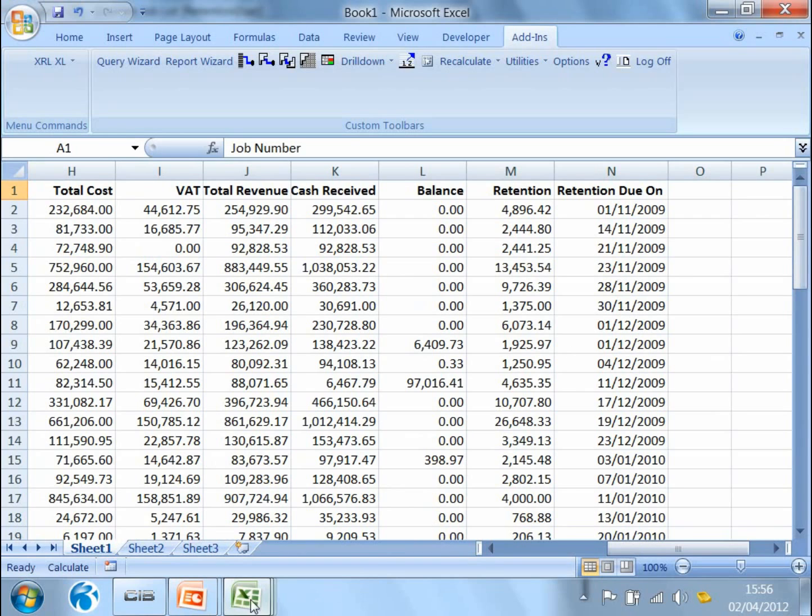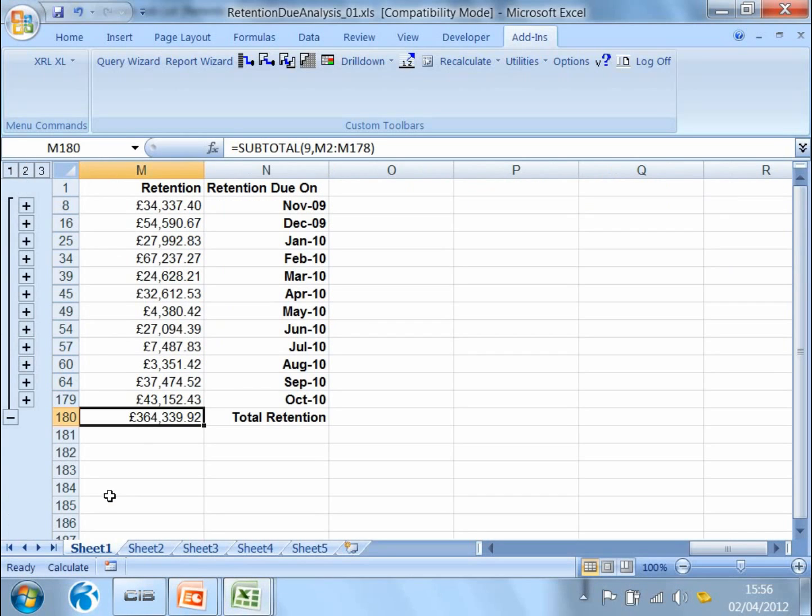And if I do that, I can then get a spreadsheet that's along these lines. There we go, 34,000 for November, 54,000 for December, showing me the total amount that's due over the next 12 months, for instance. So we can simply get this information out and post it directly through to Excel. So that second reporting tool is not only a printing tool, it's also a tool that allows you to interface with Excel. We have one final reporting tool,